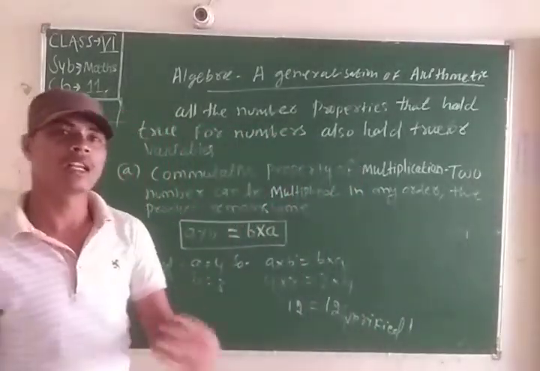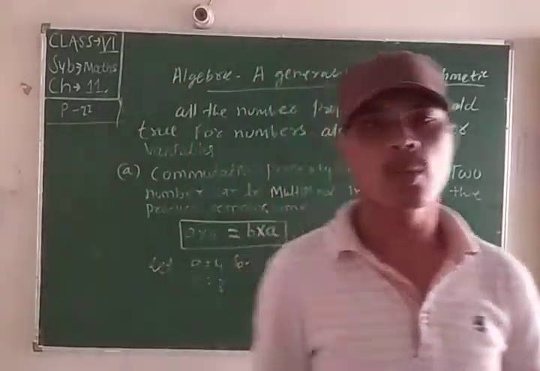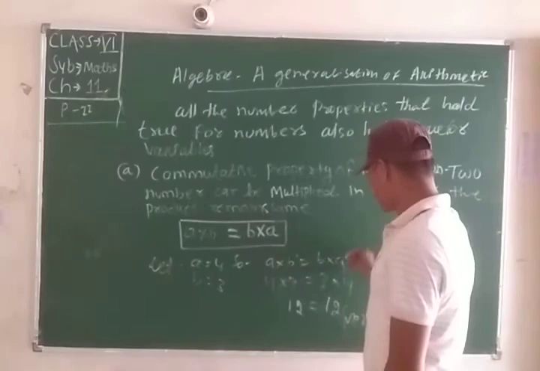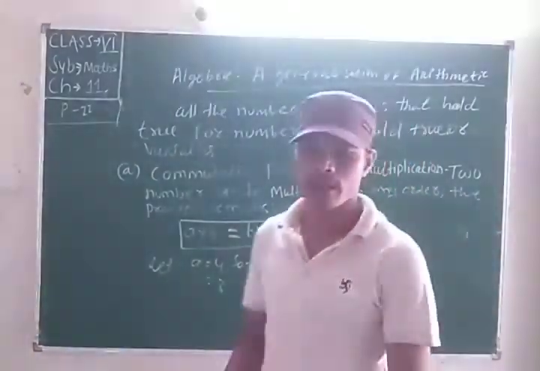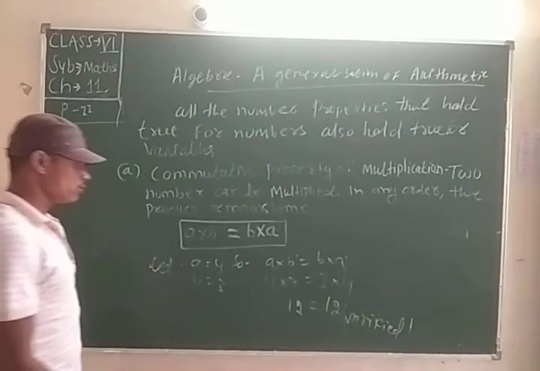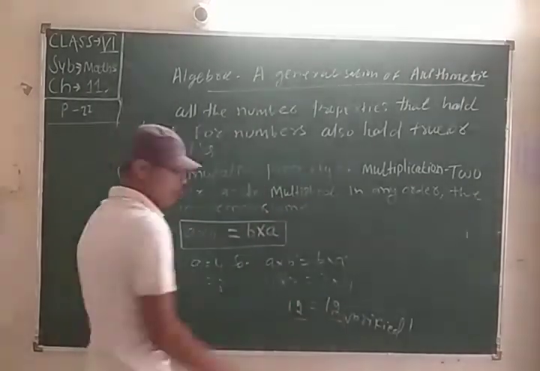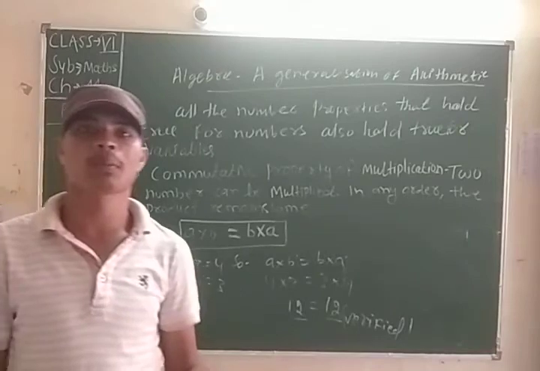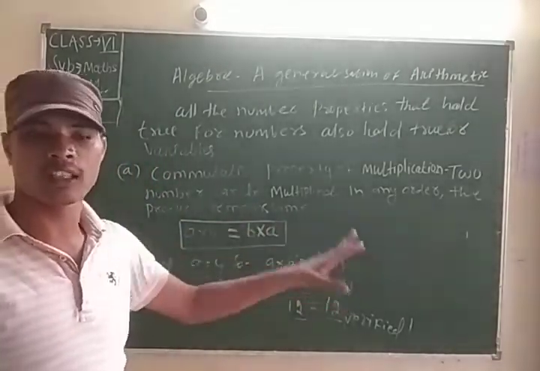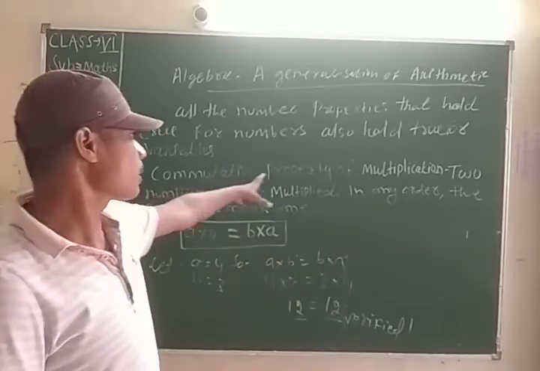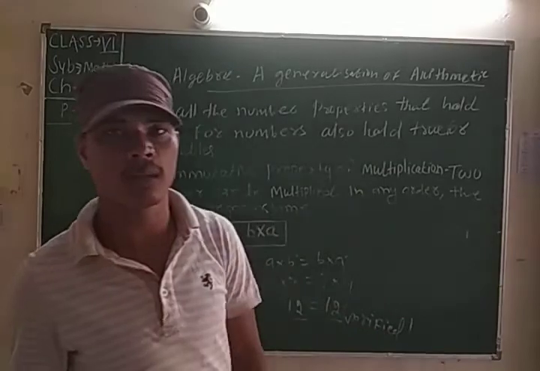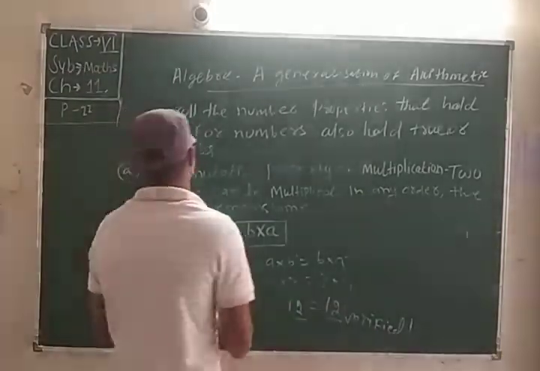That means the commutative property of multiplication is also the same. If we multiply the numbers in any order, it can be verified, LHS equal to RHS on both sides. If you multiply in any order, the number will always be the same. Keep in your mind that it is known as the commutative property of multiplication. Okay. Now you know about the associative property of addition. What is the associative property? Now we learn. Okay.